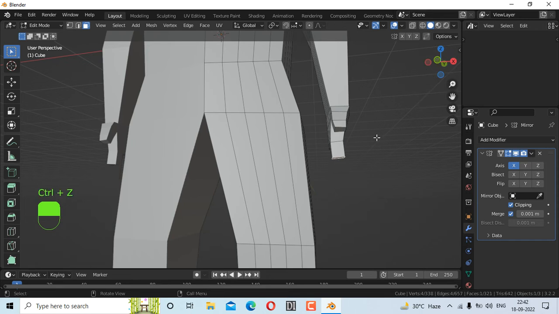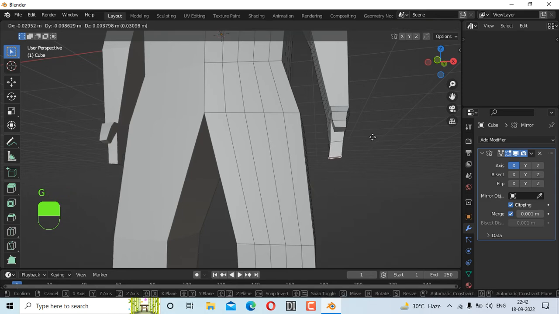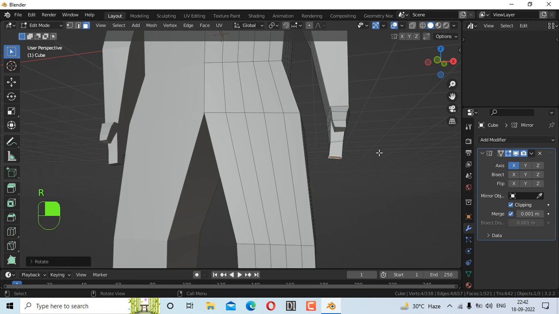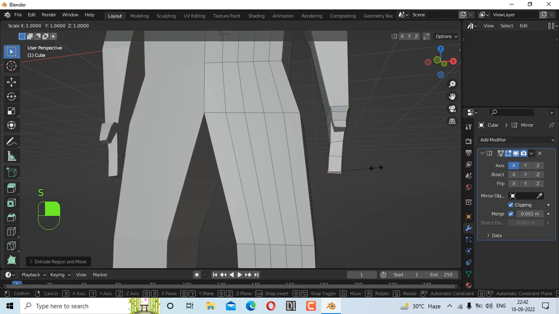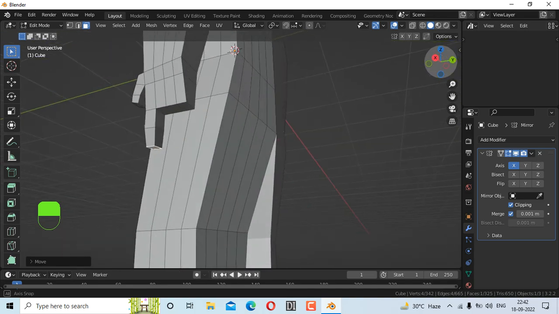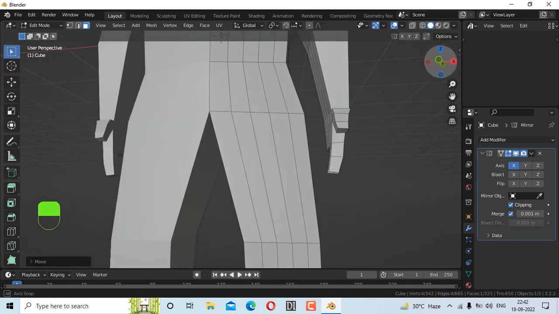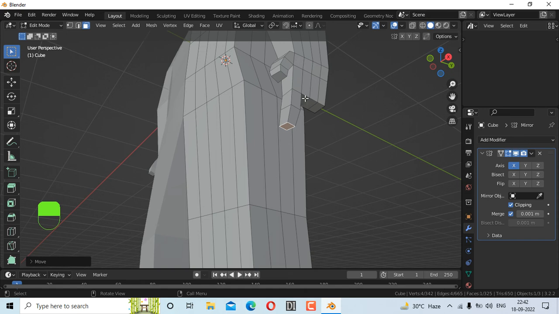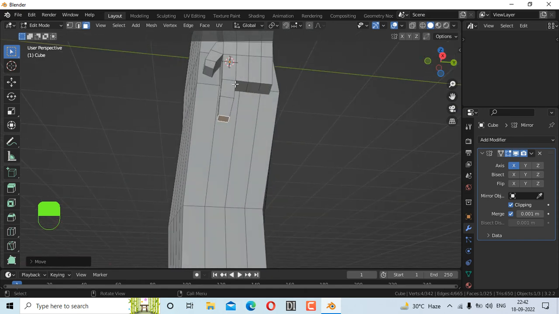Or let me move it and rotate this and extrude again. Resize it, move it. Yeah, likewise, like this. Fine. And now we have to move to another finger,